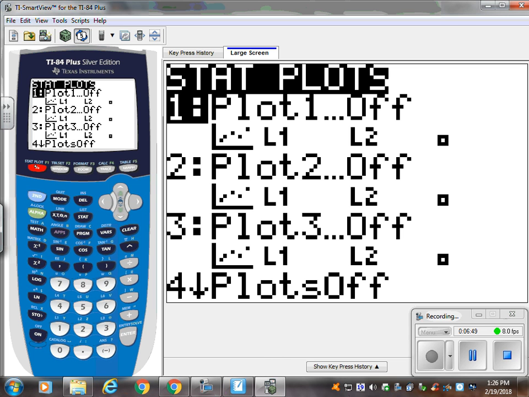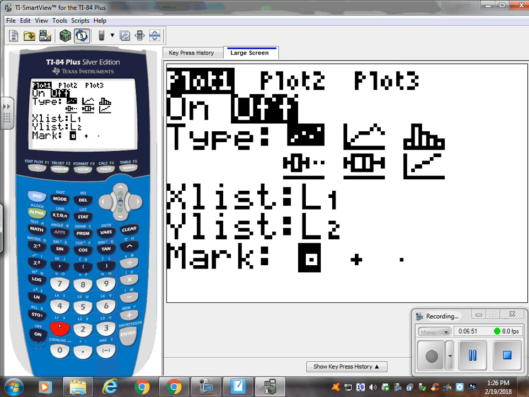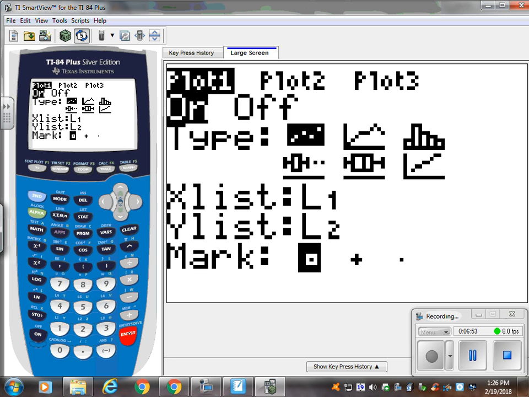So we're going to turn on number 1, so press enter on 1 and turn it on. And pretty much everything else here is good because we want a scatter plot, which is the type. We want L1 and L2 used, and we want the biggest thing we can see for the points, so that would be this little box thing. Now, we need to set our window